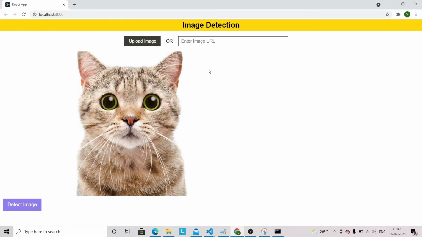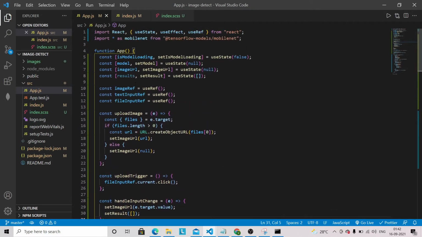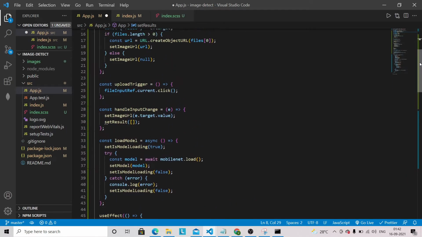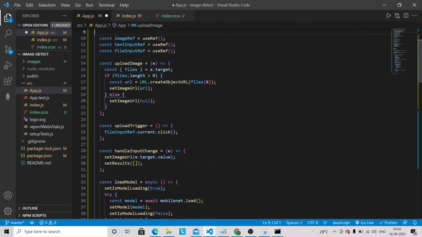So now we have got this image and this button. Once the user clicks on detect image, we get these results. If you go back to our Visual Studio Code, in app.js we are storing all the results here. So this will be set results, not result. Let me update where I have used it.